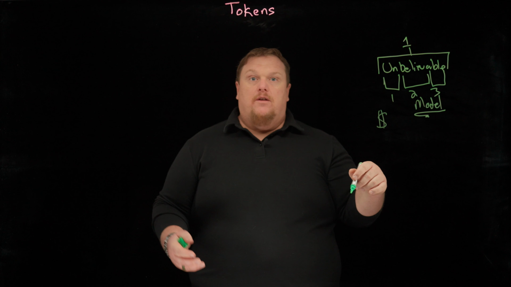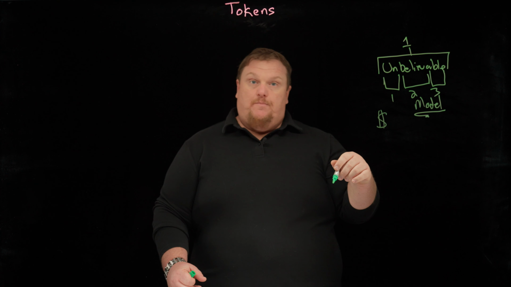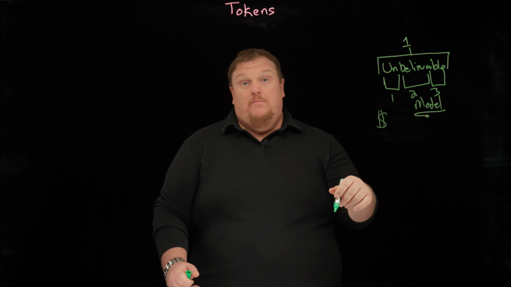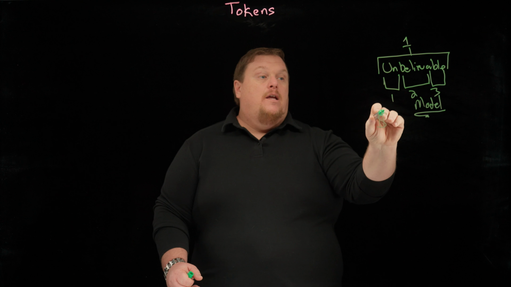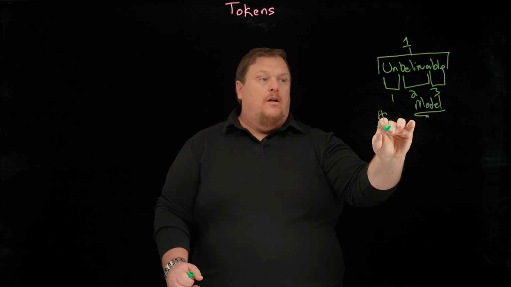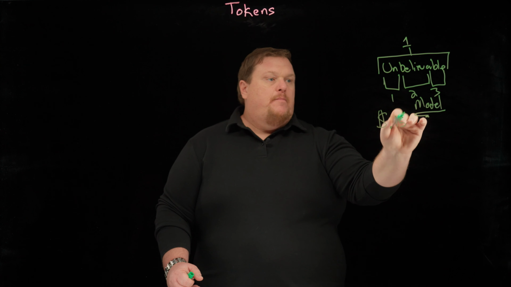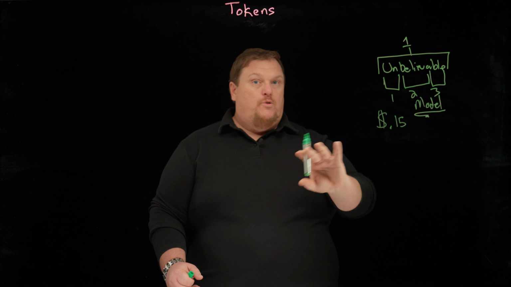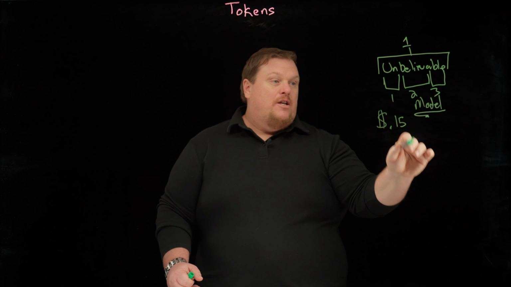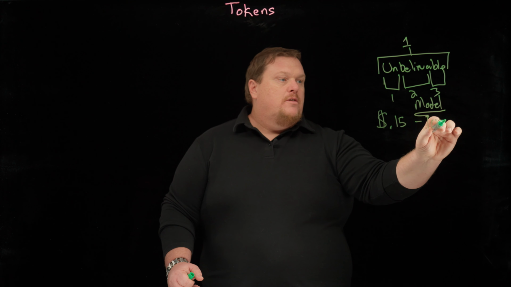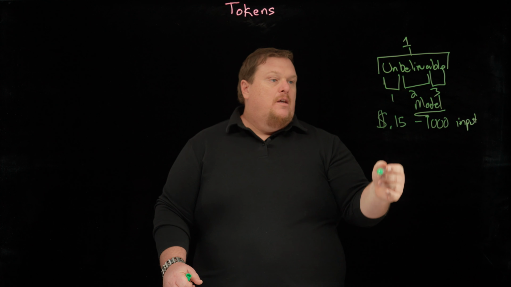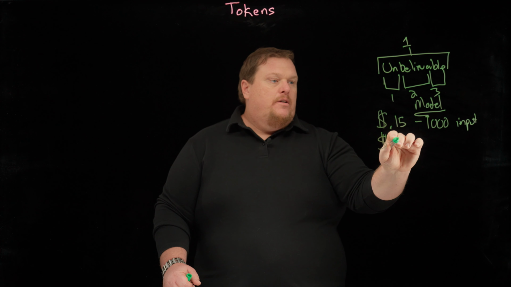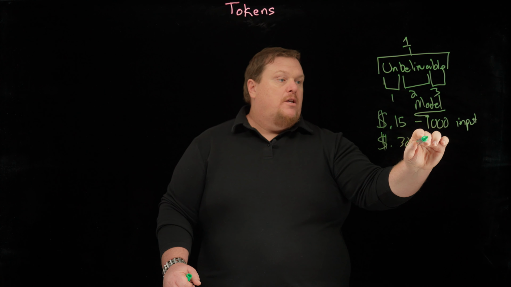If you're trying to carry stuff across your country and you decide to use a sports car, that's going to cost a lot of money. Can't hold as much, but the performance is really fun. So when you use AI, it's actually priced based on, let's just call these made up numbers. Again, these numbers are going to change, and between now and the time you listen to this, it could have changed. We're going to say 15 cents per 1,000 input tokens. Input just meaning we put it into the LLM. And it may be, again, made up numbers, 30 cents per 1,000 output.